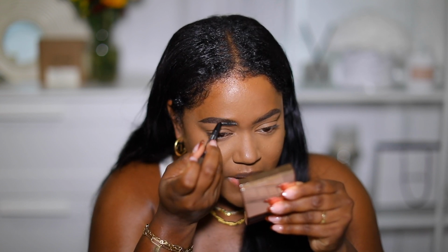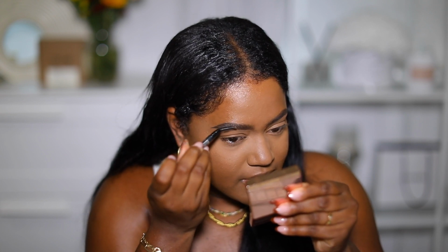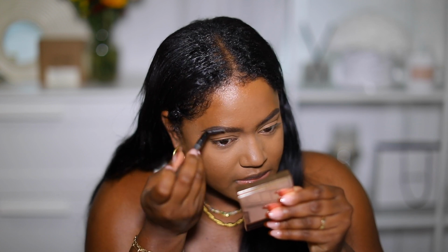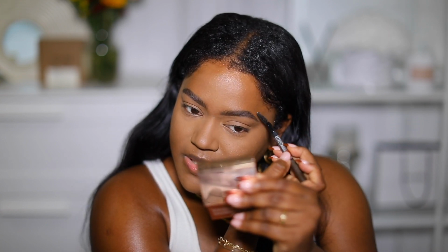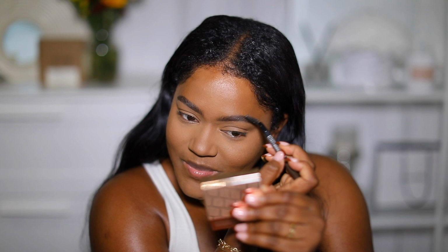comb it into my brow to create more of a fluffy brow, because that's definitely the 2021 brow, and I think it's definitely more soft glam than a super defined, sharp brow. So just like that, nice and fluffy. Thank you to whoever told me to spray this product. You are the GOAT. You are the real MVP, because